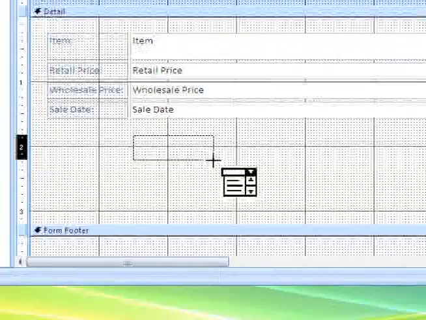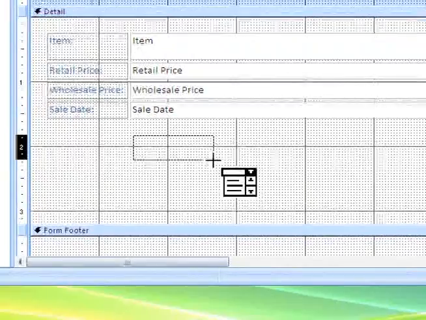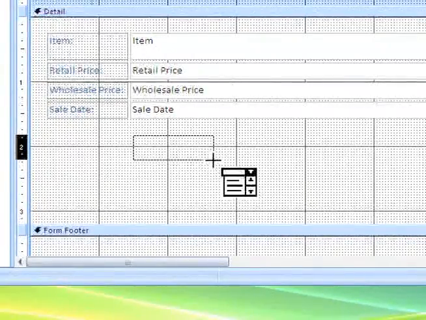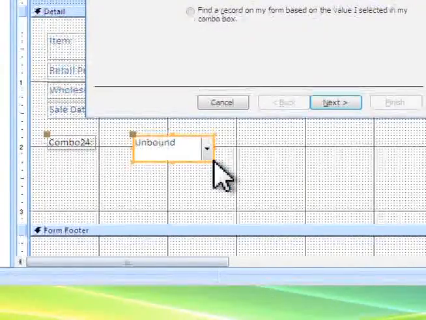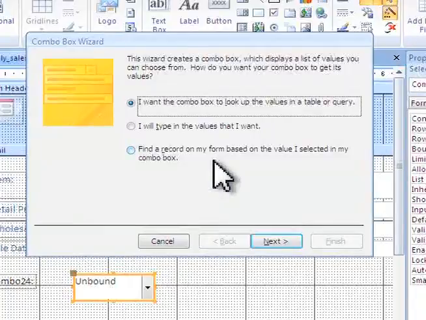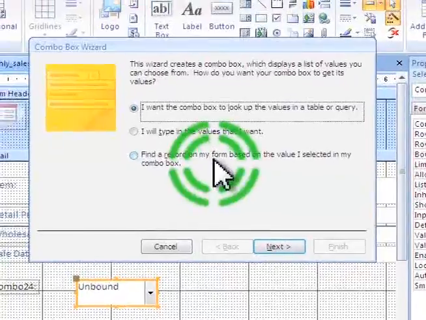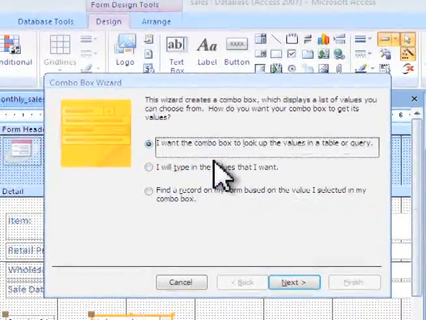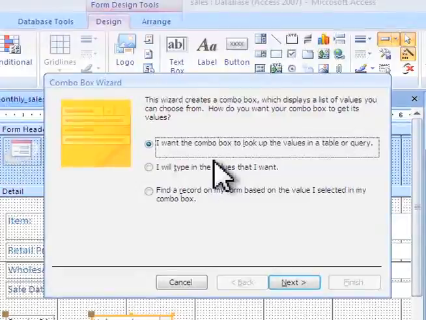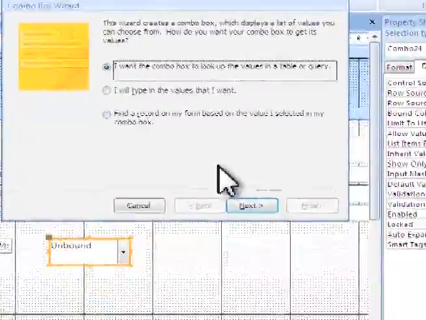After you have drawn the form control, you can stop moving the mouse on the mouse pad and release the left mouse button that you had been holding down. After you release the mouse button, a combo box wizard window will appear. By default, the I want the combo box to look up the values in a table or query button will be pre-selected for you. This is what we'll be doing in this demonstration. So we'll click the Next button here